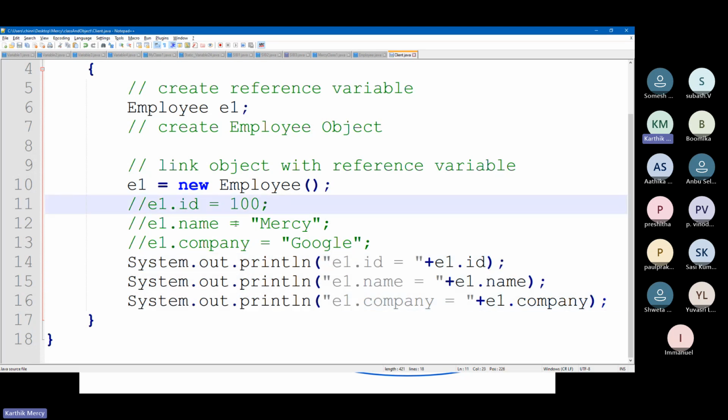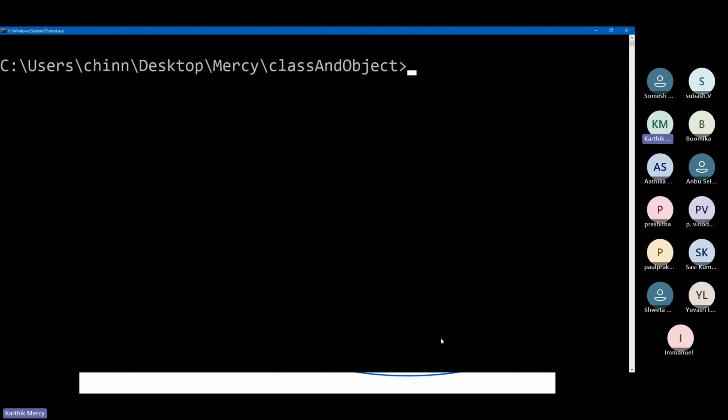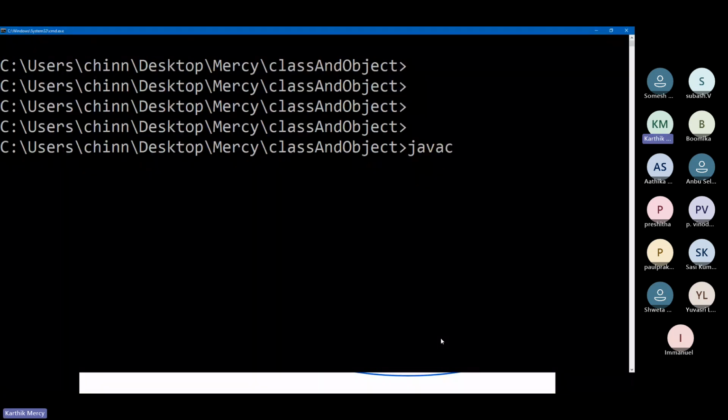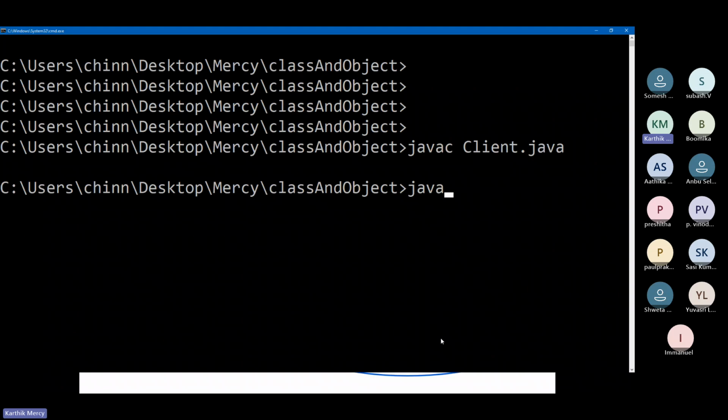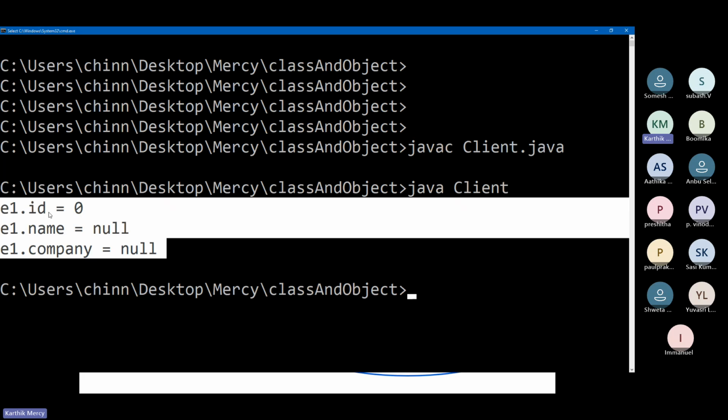So I'm saving this and want to compile this once more. I'm just saying clear. So javac Client.java. When I do this, there's no problem in compilation. Then java Client. Now I see the default values are 0, null, and null.